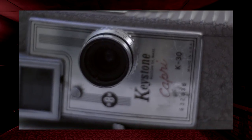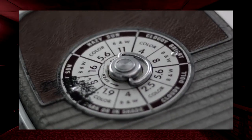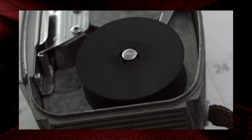This is a standard 8mm camera. There's a couple things here that will really help us investigate this footage. Now, a light leak basically means that some light got into the camera and exposed the film a bit more than what was intended. This is what a light leak looks like. Oftentimes, this comes from a misuse of the diopter or the camera not being completely sealed, but it is confirmation